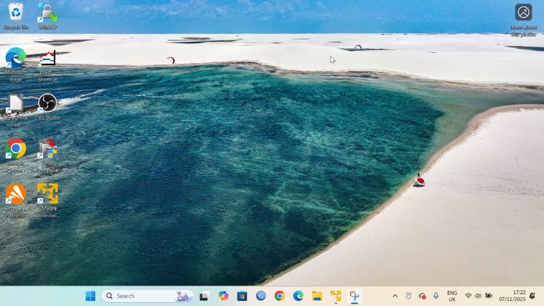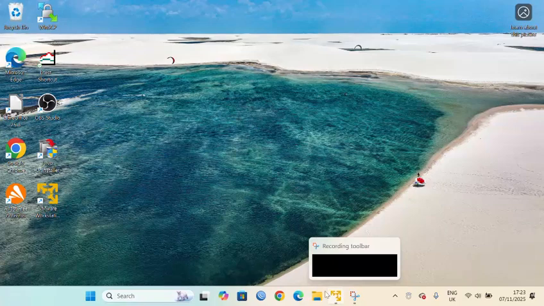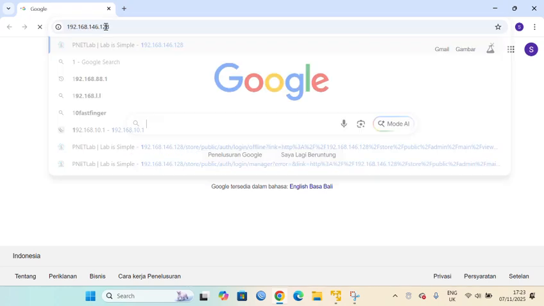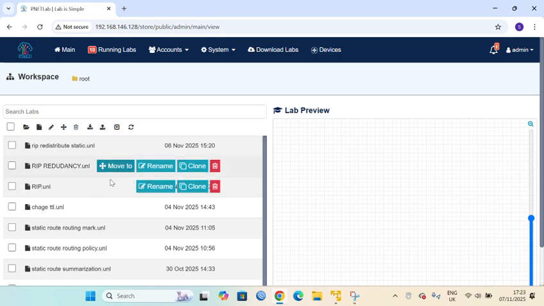Okay, guys, now I will show you how to make RIP authentication. So first we go to PNET, and first we make the lab.